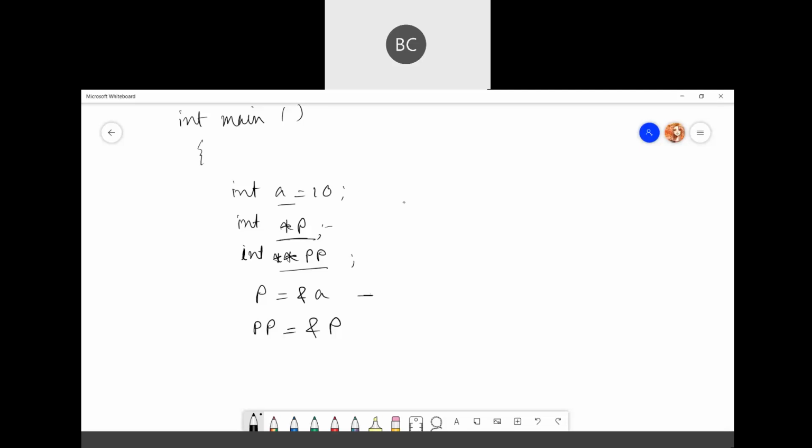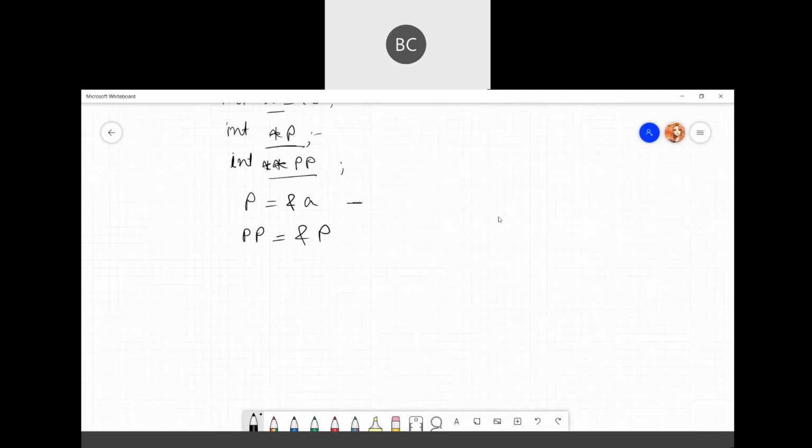You can see it by taking the output. Suppose you want to print the values.